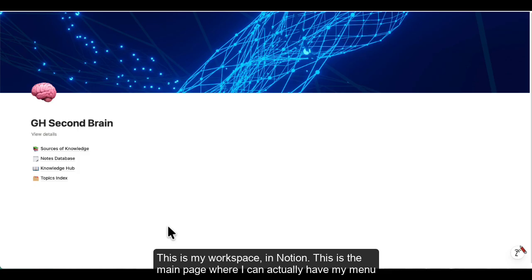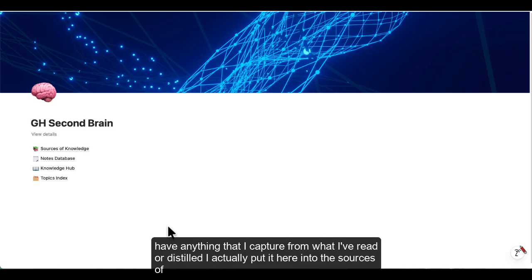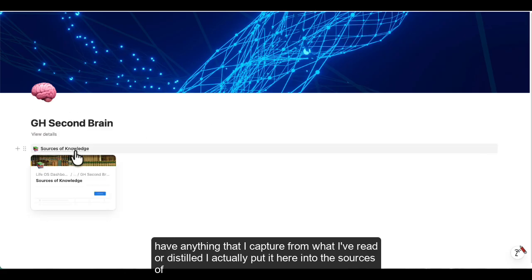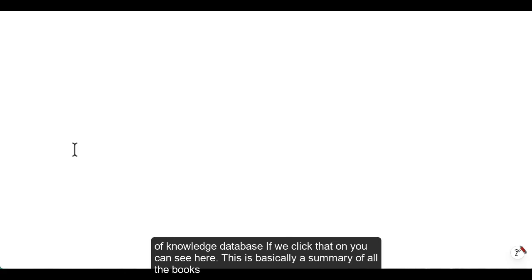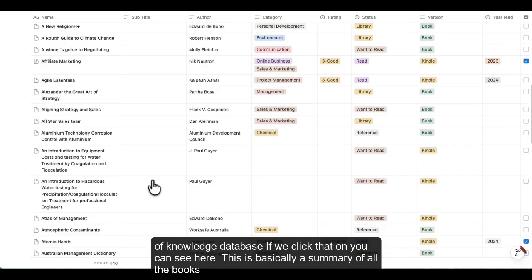This is my workspace in Notion. This is the main page where I can actually have my menu. And when I read a book, a podcast, I do a Skillshare course, or I have anything that I capture from what I've read or distilled, I actually put it here into the sources of knowledge database. So if we click that on, you can see here, this is basically a summary of all the books and